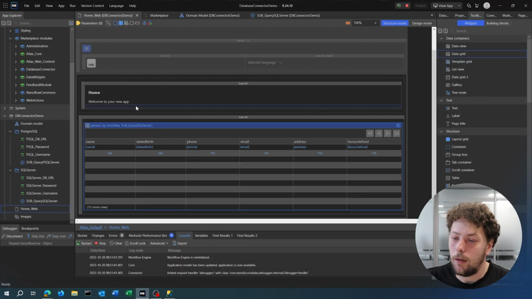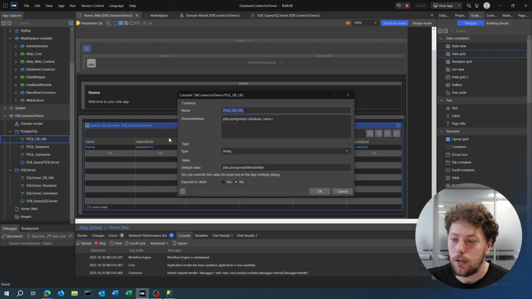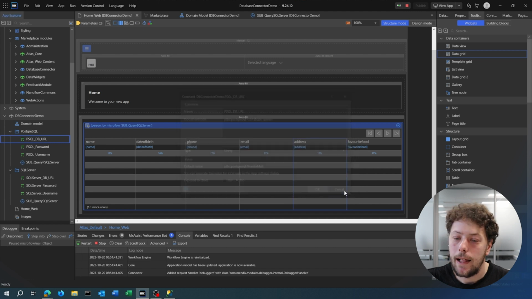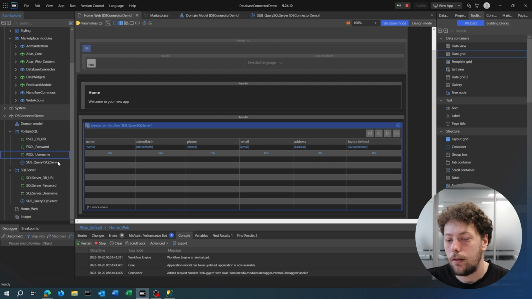Now, let's quickly hop back over and see the PostgreSQL. The PostgreSQL is very similar. What you will see here is that its JDBC for a local connection is very much simplified. So we have a JDBC, PostgreSQL, Mendix, Malt, and that assumes the default port of 5432. Again, we have password and username constants. And with our